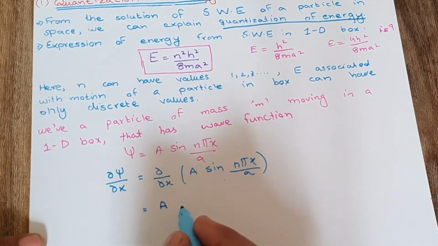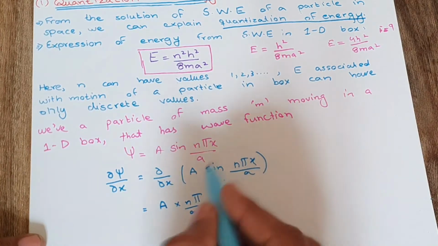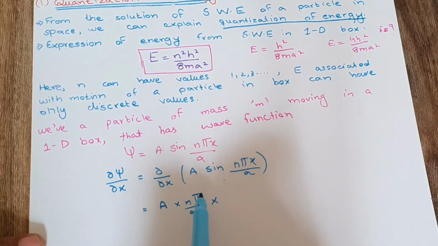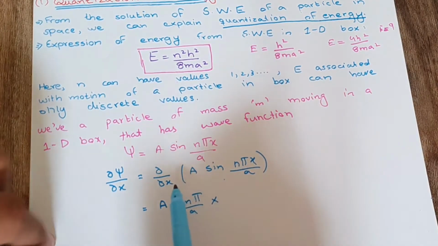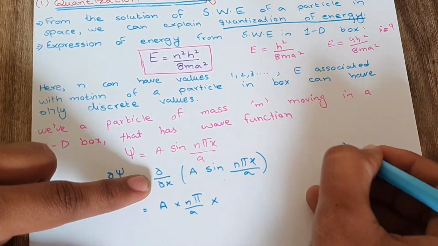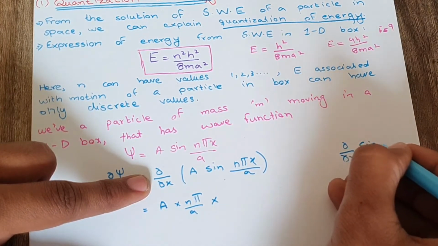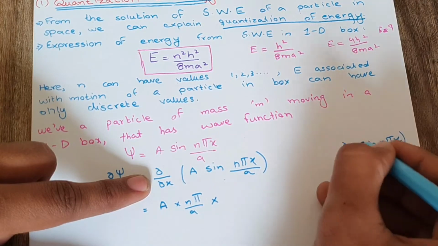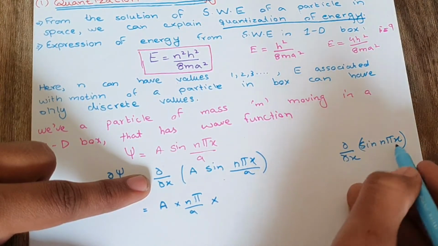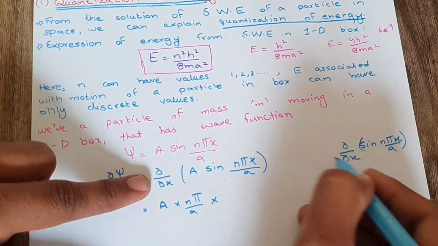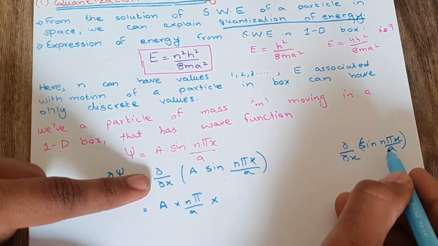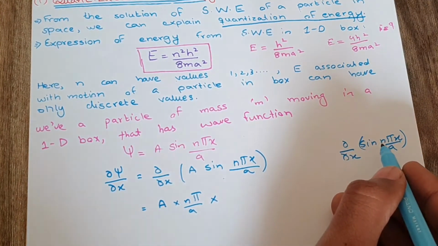The next thing that I have is this n pi over a will be multiplied by this factor. Okay, this is the method of derivative, this is the process of derivation of these type of equation, that if I have d over dx of sine n pi x. Okay, if my derivative is being applied on such an equation, then the answer comes out to be equal to